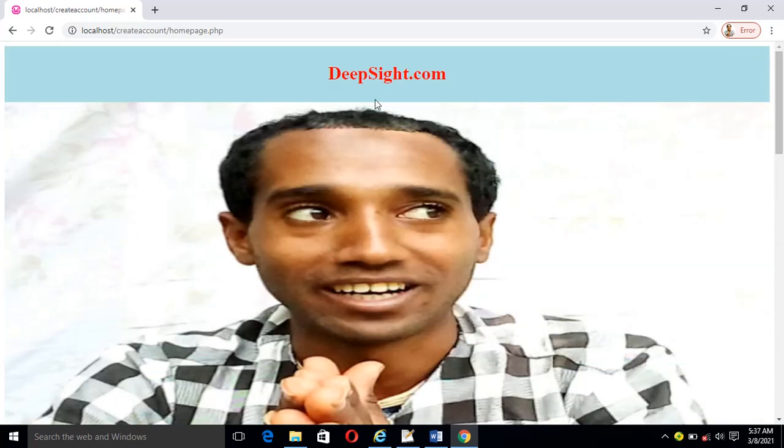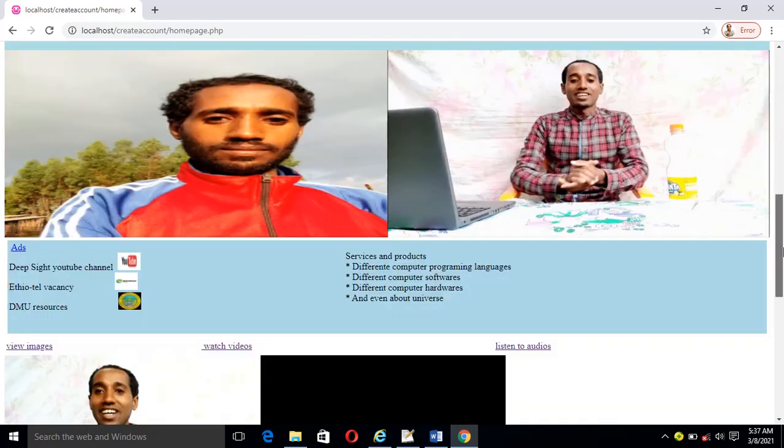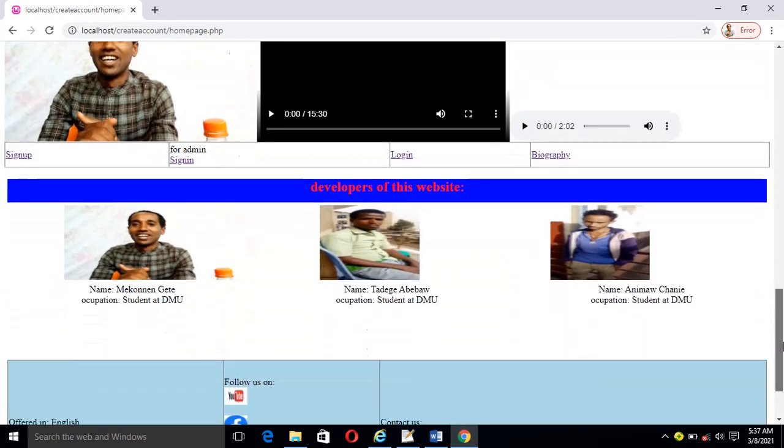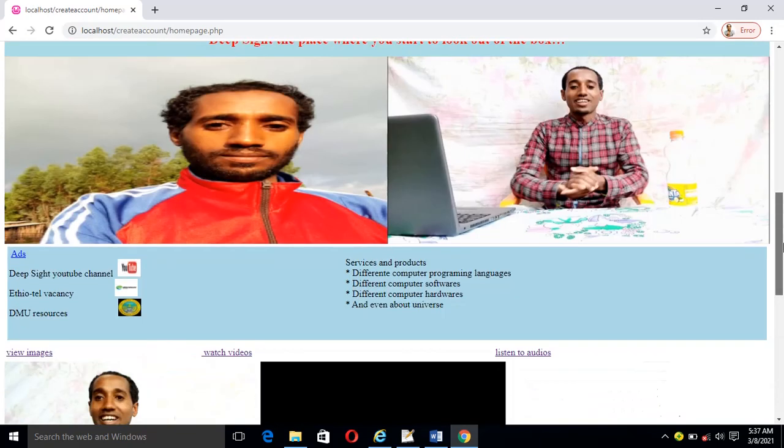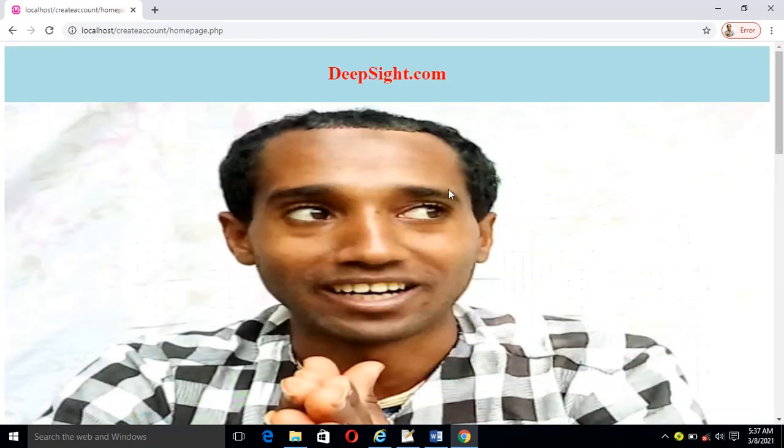So at the top it says deepsite.com inside the division element. There are so many elements, by the way: division, paragraph, image, link, and others, videos, audios, so many elements. So in the future, we will see by writing the code using HTML, JavaScript, and CSS for each element. And each element has so many properties with their values, property-value pairs.